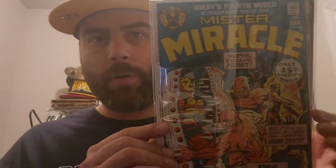So these 3 books are from the same volume. None of these books are autographed, so I'm gonna run through these real quick. Not gonna talk about moments and stuff. So Mr. Miracle 1, first app of Mr. Miracle, not a facsimile. We have Mr. Miracle 2, first appearance of Granny Goodness. And then Mr. Miracle #4, the first appearance of Big Barda. All of these are the real McCoys. As you can see,